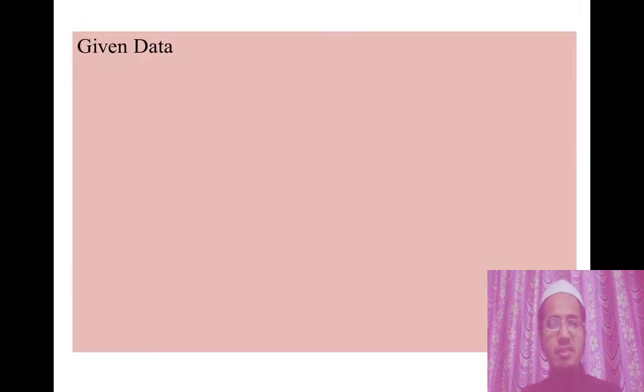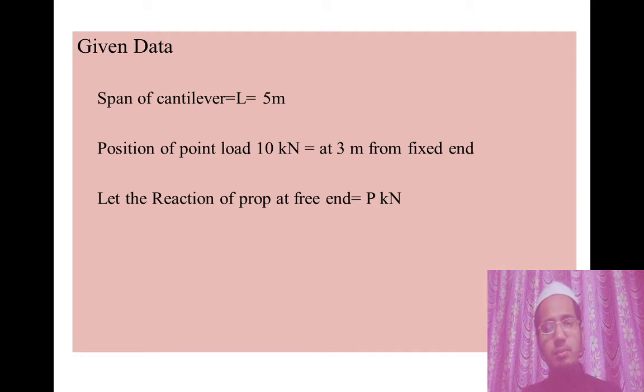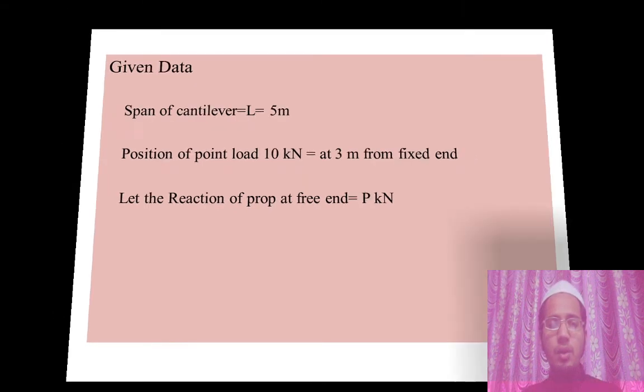First of all, write the given data. What is given? Span is 5 meter, point load is 10 kilonewton, at a distance of 3 meter from the fixed end. Let us assume the prop reaction at the free end as P kilonewton. So by simply equating the upward and downward deflections due to the propped end reaction and the downward loading, we can